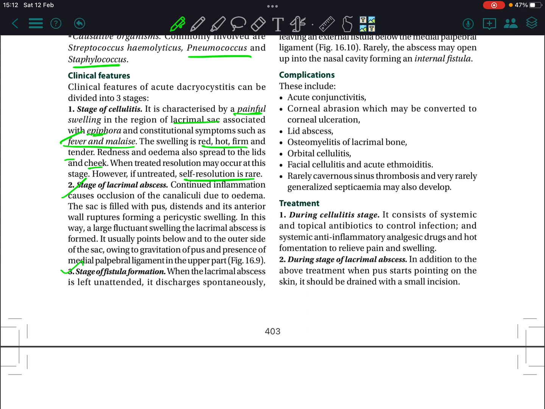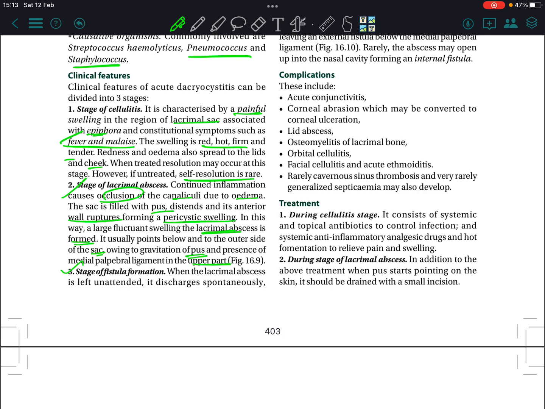Stage of lacrimal abscess: continued inflammation causes occlusion of canaliculi due to edema. The sac is filled with pus and distended, and its anterior wall ruptures, forming a pericystic swelling. In this way, a large fluctuant swelling, the lacrimal abscess, is formed. It usually points below and to the outer side of the sac, owing to gravitational force and the presence of the medial palpebral ligament